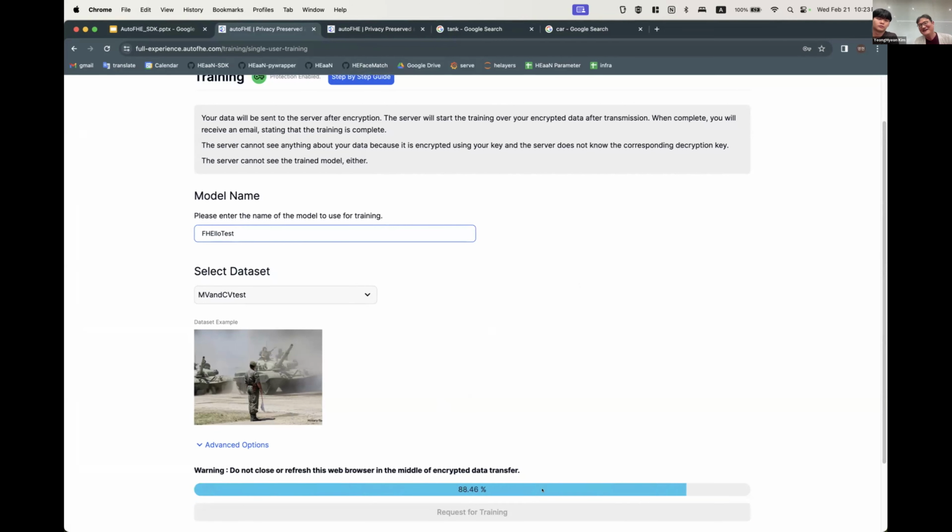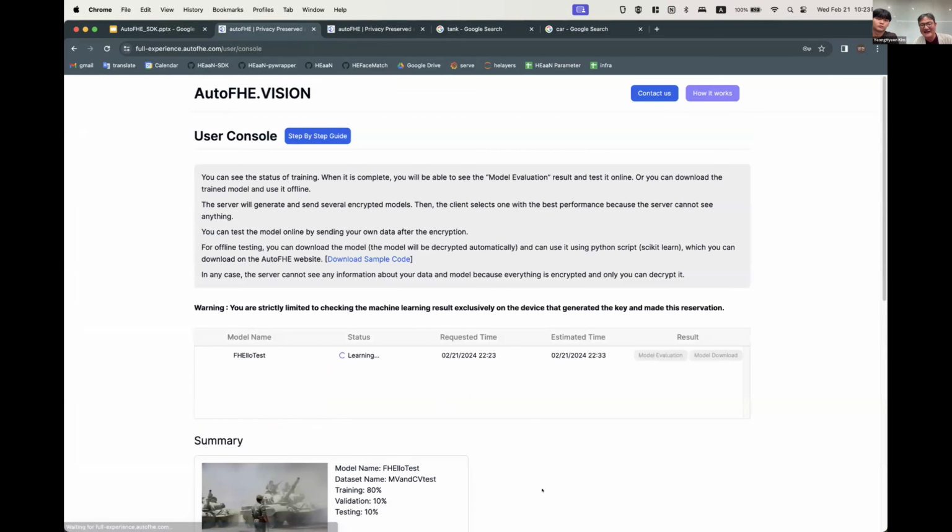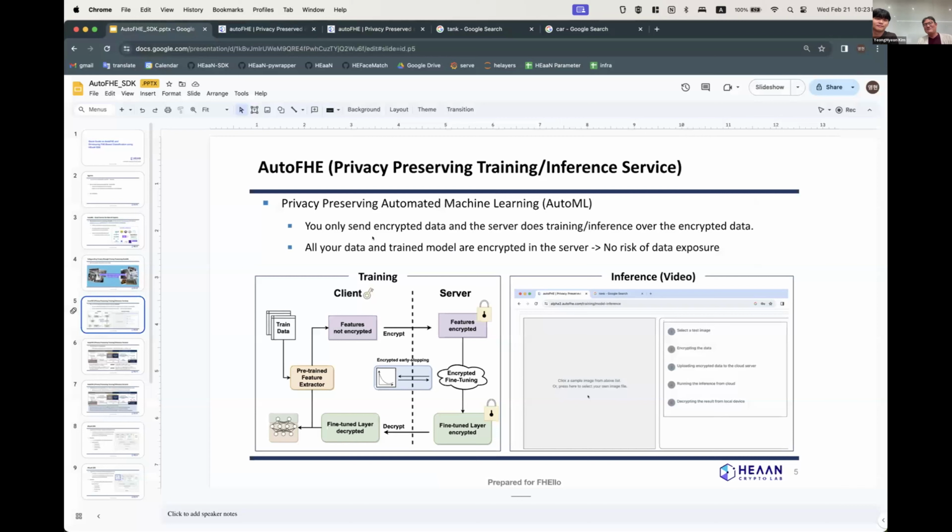So my encrypted data is uploaded to the server side, and the training now happens on the cloud side. Our current implementation is based on GCP, Google Cloud Platform. Since the training takes about 4 minutes, I will introduce some other things before that, and then I will come back. The training is now running.